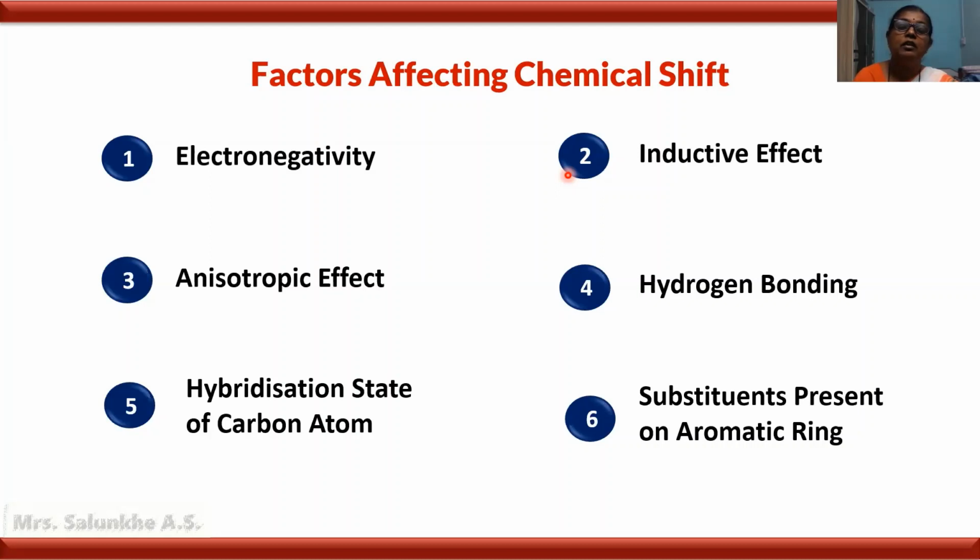The main thing about the chemical shift value is that it depends upon the extent of shielding and de-shielding. If the proton is shielded, then it requires higher magnetic field strength to come under resonance, and for such protons, the chemical shift values are less. And a de-shielded proton requires less magnetic field strength to come under resonance, and it has higher values of chemical shift. Now we will go through these factors one by one.